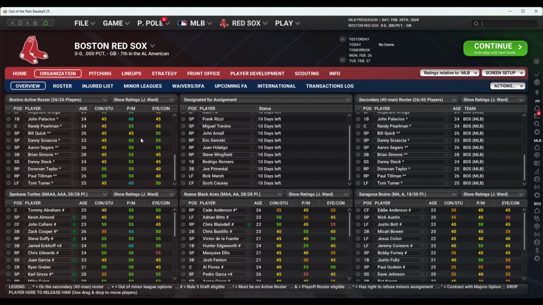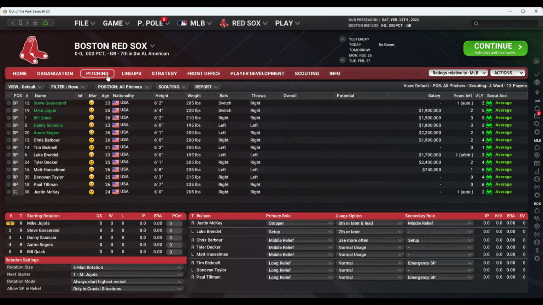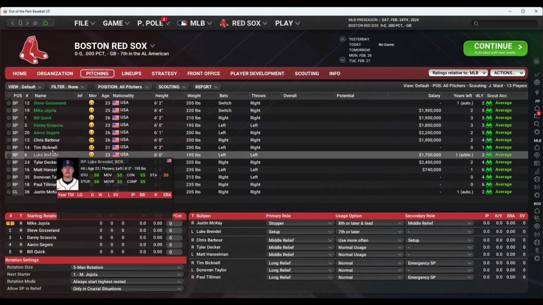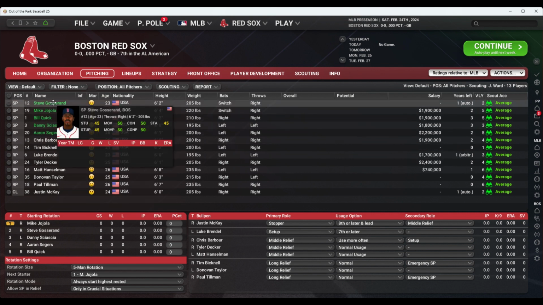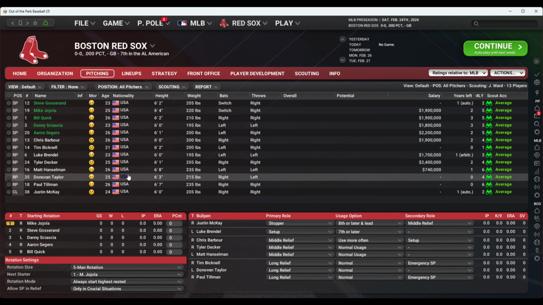Good Lord, I got a lot of pitchers in my roster. So real quick, how many pitchers do I have? One, two, three, four, five, six, seven, eight, nine, ten, eleven, twelve, thirteen pitchers in my roster. Yeah, we're not doing that. So we're gonna go ahead